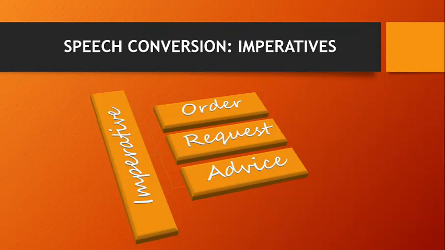If there is some kind of warning, then warn. So we can use so many different kinds of verbs to indicate these three things. The basic purpose is to make it quite clear what is the nature or the tone of the reporting speech, to indicate that we use so many different kinds of verbs of order, request, and advice. Now let's move on to the next part where we will have some examples of imperative sentences.